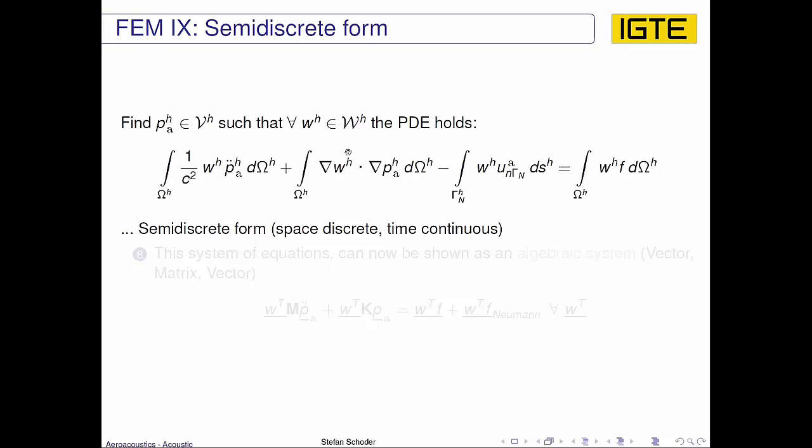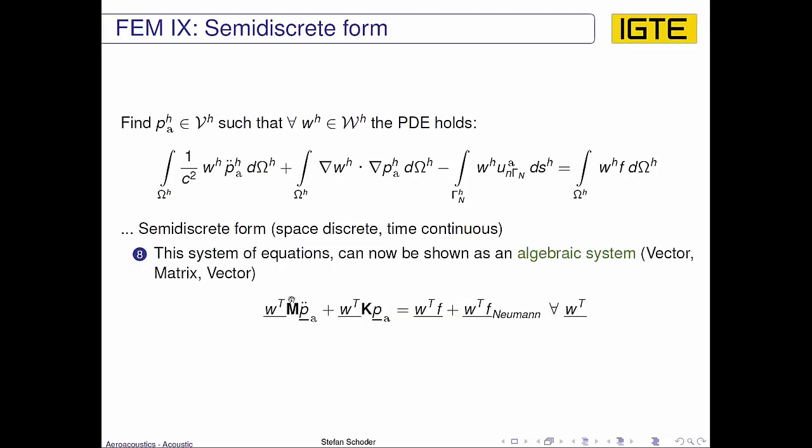We can rewrite it: when inserting the nodal finite element ansatz into the functions, we can derive a system of equations according to the unknowns. The system of equations looks like this: we have an algebraic system which is a matrix-vector multiplication in each term, and because it should hold for